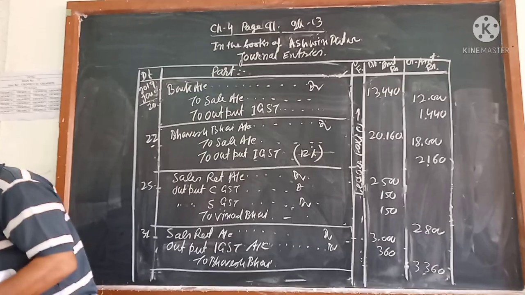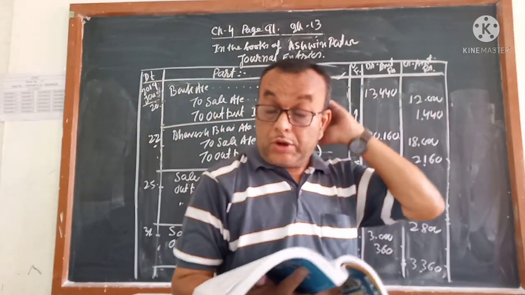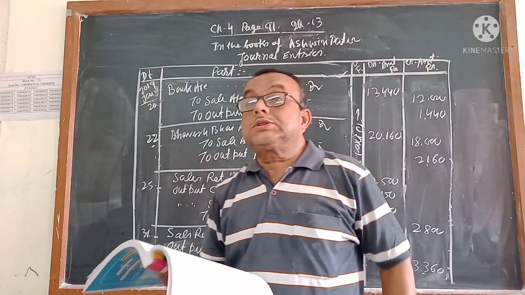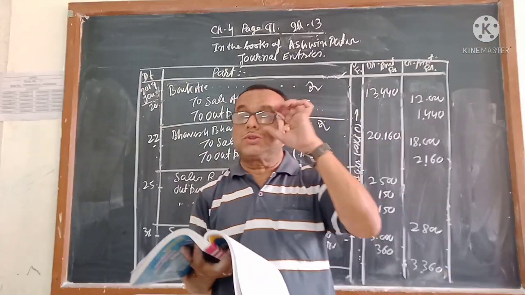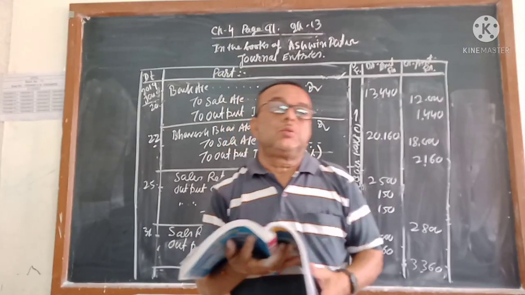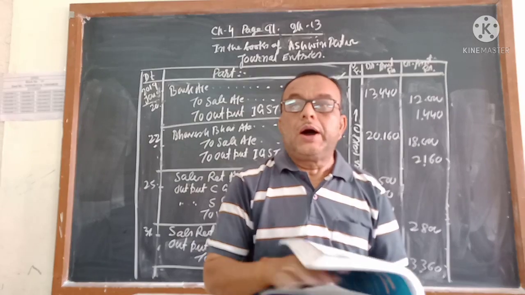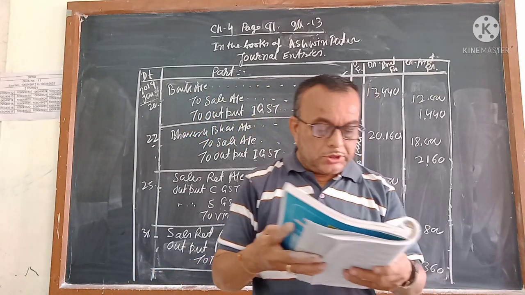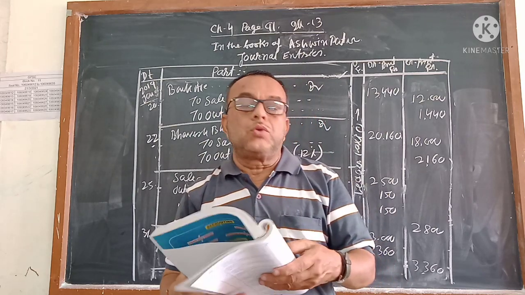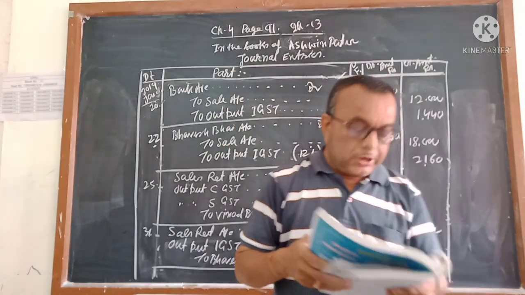This is the overall idea about the GST. Very simple. You try to understand it. If you go through this video only once, you will not be able to understand. At least twice you have to go through the video, then it will be clear for you. And the next, illustration 14, I am not writing on the board. From the book itself, I am trying to make you understand. That also you follow one or two. The remaining you will try to understand and practice at your home.